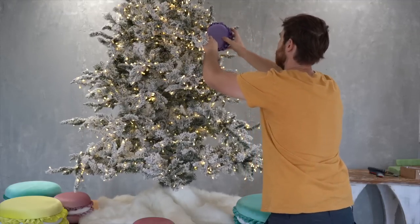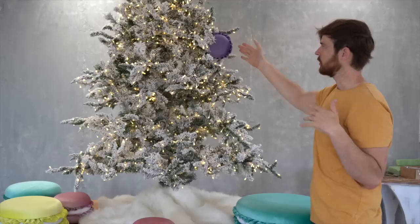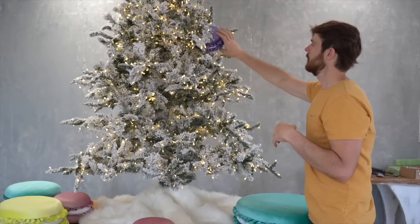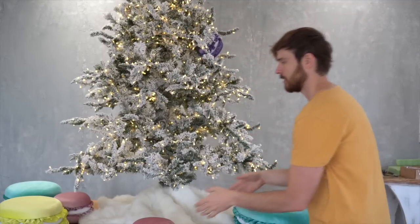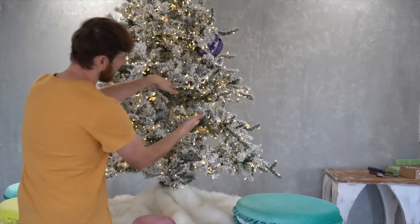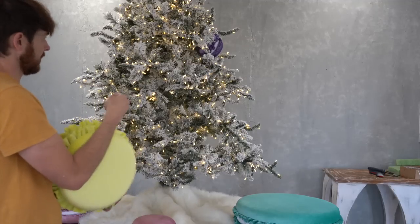So what we want to do is not let it hang like this, because then it's just a purple orb. That's all you can really see. We want to make sure that it's got some of the white showing. And we really want to turn these at lots of different angles. So you can see we've got a little bit larger hole here. So I'm going to take one of my a little bit larger